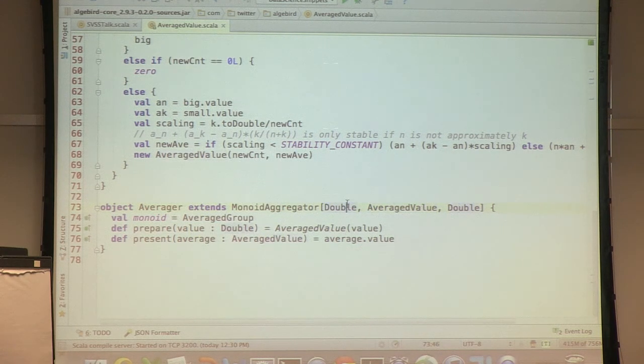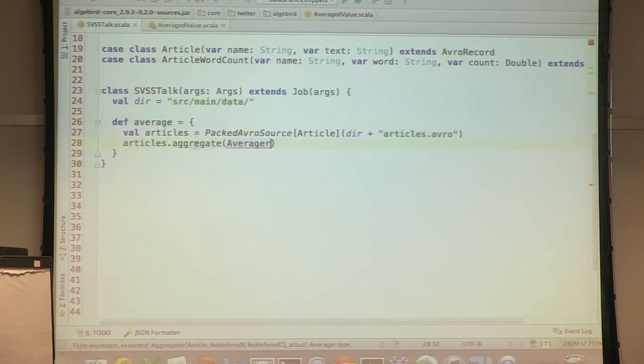The first one is the input, then the intermediary data, which is the monoid, meaning something that can be summed, and then there is a present, where we take our summing object and display it in some other form. So in terms of MapReduce, you can think about it as map, reduce, and map again over the reduce result. So averager needs to get a double.